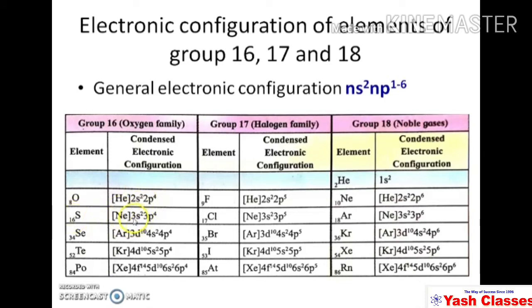Sulfur's outermost configuration is 3s2 3p4. For selenium, 3d10 4s2 4p4. Tellurium, 4d10 5s2 5p4. Polonium, 4f14